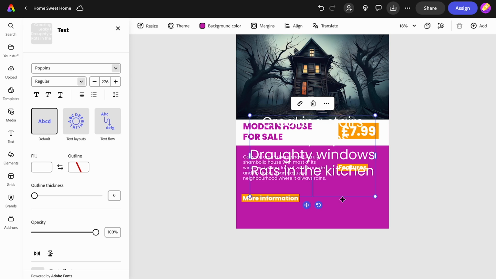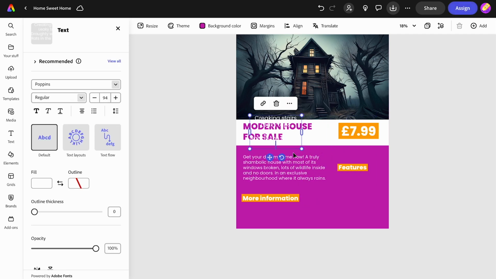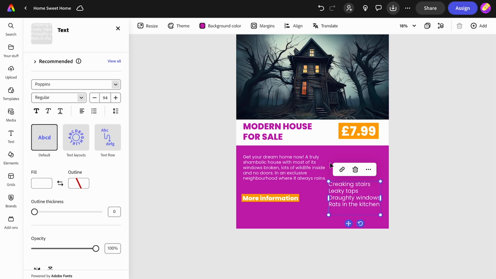Okay, now this is obviously way too big again. Let's bring it down here. I want to change the alignment to left aligned. Still too big. I mean, we can click on this one and see that the size there is 74. So maybe we might want to put it up to the same sort of size as well, keep it nice